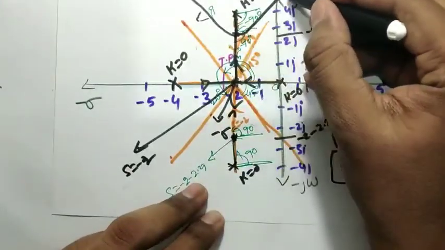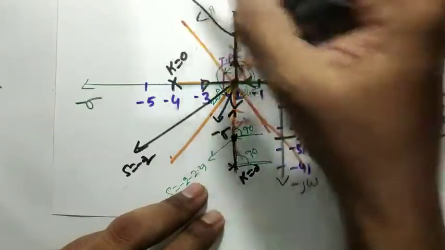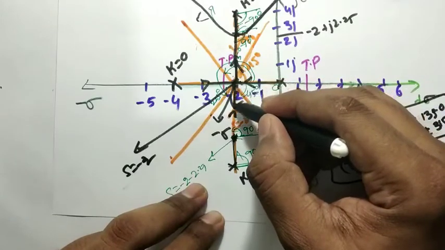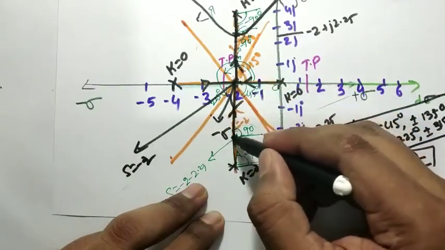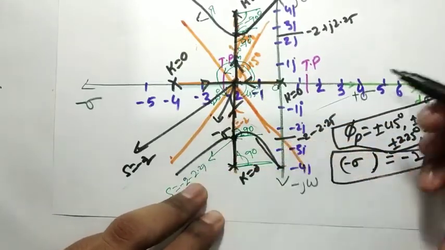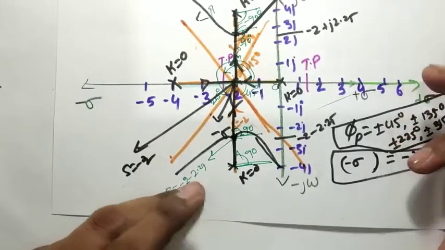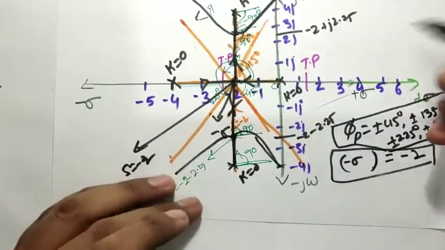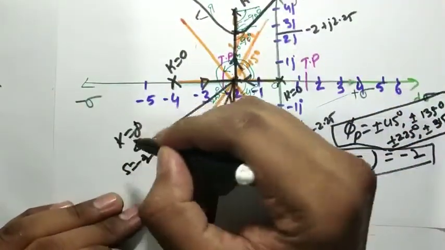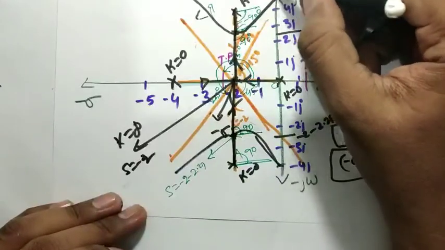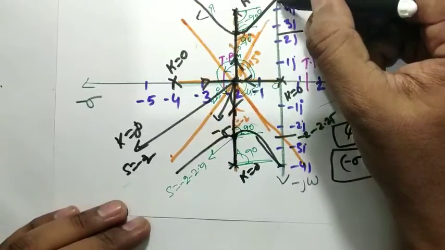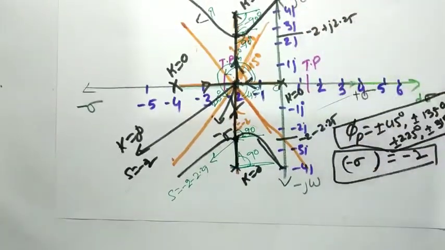One root will go at an angle of 45 and the other at 135. The same way here, this root is coming in this direction, and this root is coming here, so they will break away at this point. One root goes in this direction, and another root goes in this direction. So now we have 4 root locus branches. This will terminate at infinity, and this will terminate at infinity. So we have to find what value of K and omega it is crossing the j omega axis. You have to find it.